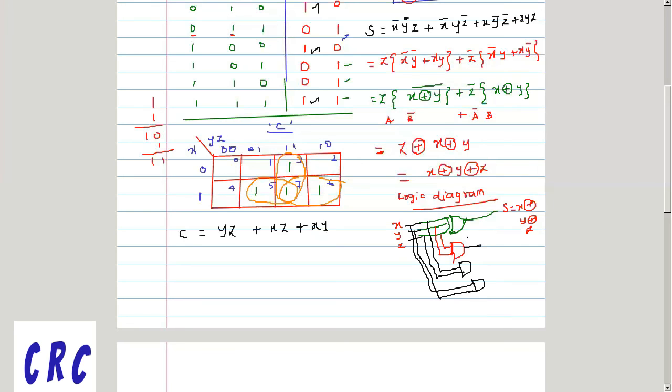Finally, this is YZ, this is XZ, and the last term is XY. Finally, I have to feed these inputs to an OR gate, that is my carry. So this is how you are going to design a full